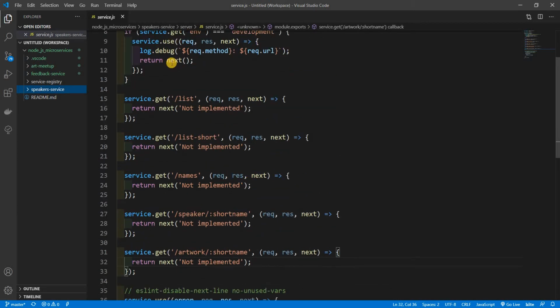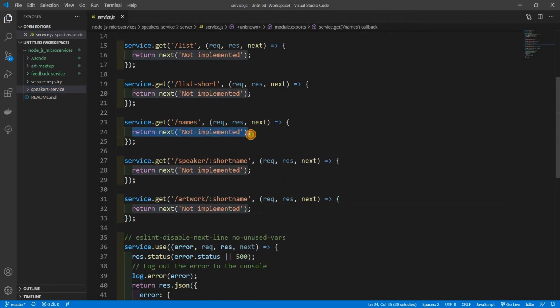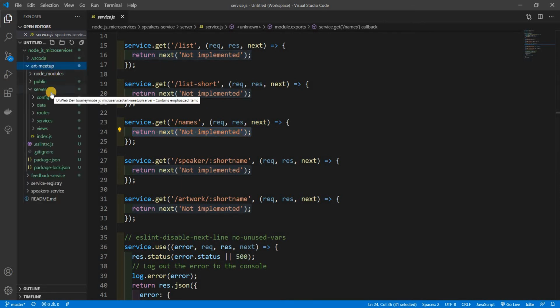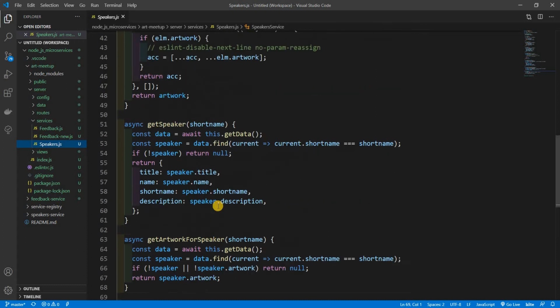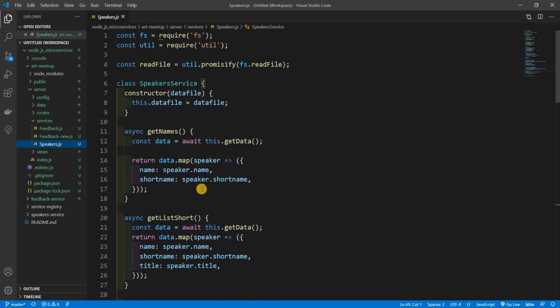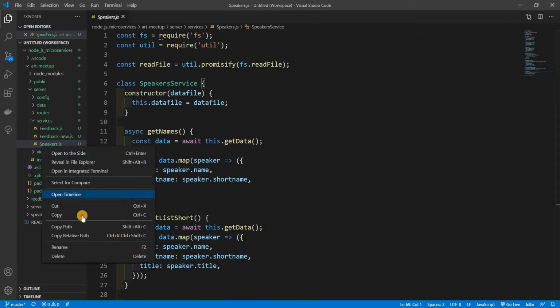So to finish up our speaker service, what we need to do is implement the logic for our routes. Now that logic is already implemented in a class, which is in our art-meetup. So I'm gonna just copy that, and it's inside server, our services, our speakers service, or speakers.js. This is where our methods live, and I'm gonna just literally copy this,